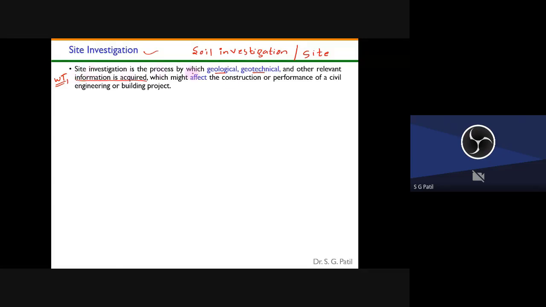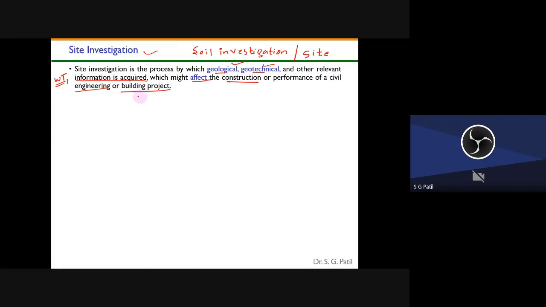Okay, so it is the process of obtaining geological, geotechnical, and other relevant information which might affect the construction and performance of your engineering or building projects. This is called a site investigation or a soil investigation. Site investigation or soil investigation is just a process by which we acquire information about geological, geotechnical, and other relevant information which are going to affect the construction and performance of the